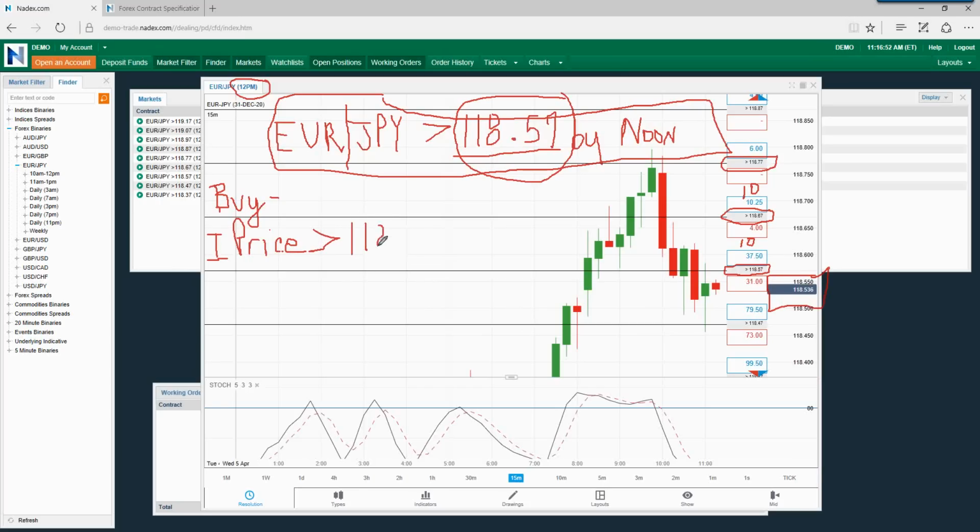Now, this is real important. And when I first started trading binary options, as simple as that statement was, I couldn't understand it, okay? And it's a very simple statement, okay? The indicative price will be greater than 118.57, okay? Now, here's the key to this. Do you see over here in the indicative price index, there's 3 digits? Okay, 118.535. Do you see that? That's the point of precision.